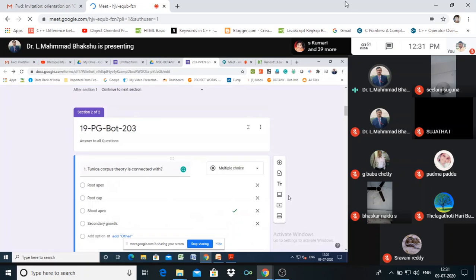If you see the bottom, you can mark a question as required or not. Some questions are compulsory, so you can make them required. If it is not required, the students can skip the question. Otherwise, if you make it compulsory, they cannot submit without answering this question, whether the answer is right or wrong.